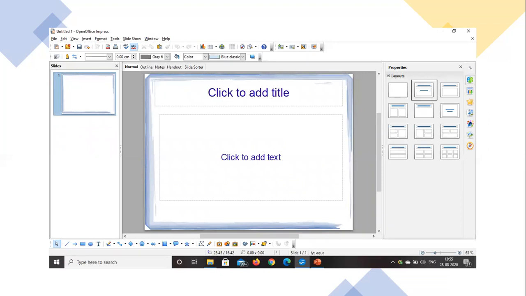I am going to work on this OpenOffice Impress and show you each and everything in a detailed version. Okay, children, I hope you all understood today's class, and I hope you all will be eagerly waiting for the next class to learn how we are going to work on OpenOffice Impress.